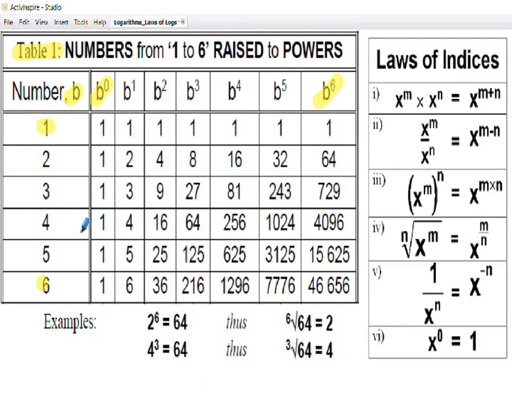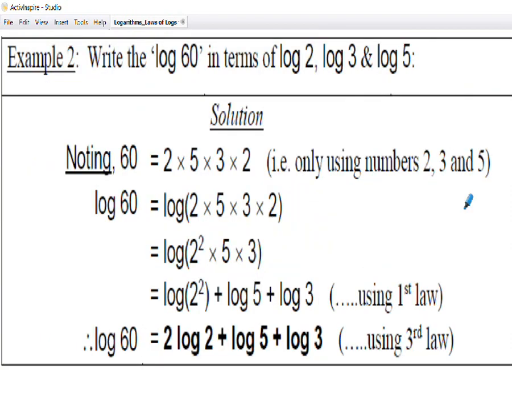For example, if you wanted to find 4 raised to the power of 5, you can see straight away that's 1024. I've also included the laws of indices because we'll be using those in some of the questions we're going to analyse. Don't forget the laws of logs and the laws of indices are closely related. In all the examples we are now going to review in this presentation, we're going to practice the 3 laws